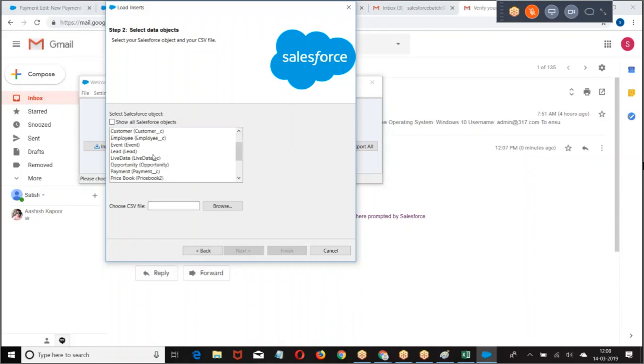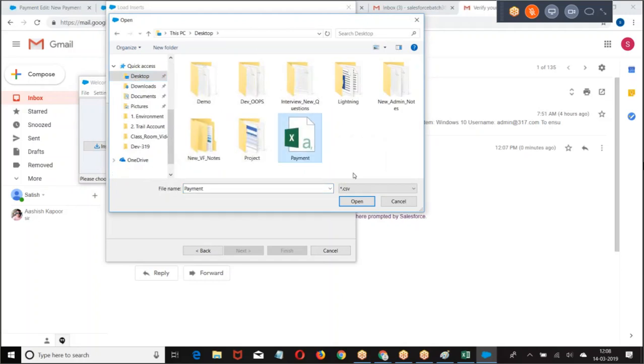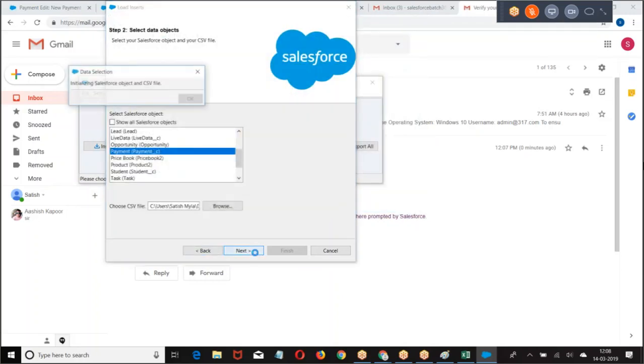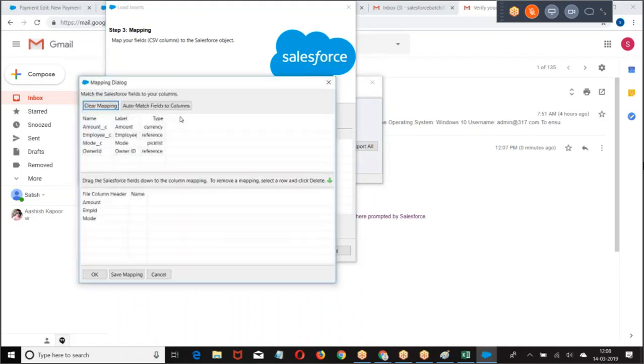What is the object you are taking? Payment object. Choose the file. You're not getting employee ID. Okay. An auto map. Employee.